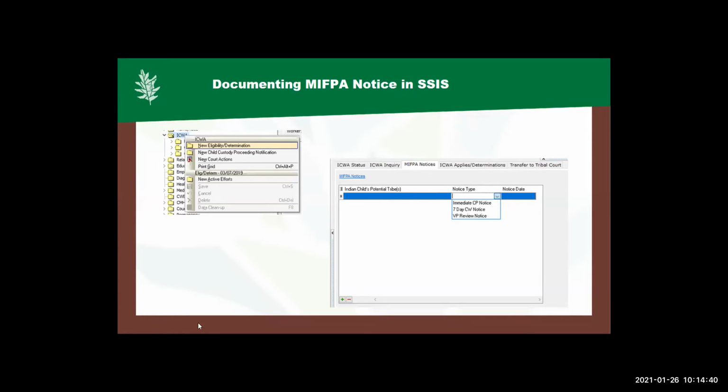On the ICWA eligibility determination itself, when you create that eligibility determination, there will be a tab associated with MIFPA notices. The functionality would be to navigate to this field here. And the reason why you need to enter that race information first is so that you can select the race and ethnicity or tribal enrollment within this container or this section of the MIFPA notice tab in the ICWA eligibility determination. And you click the add button down here in the lower left-hand corner, and it will bring you up